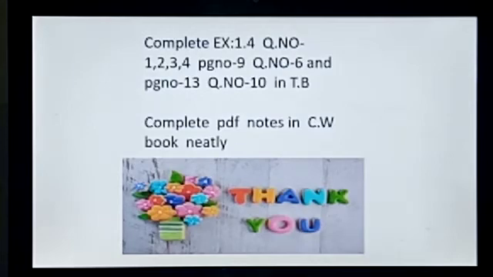Coming to exercise 1.4, question number 1, they are fill in the blanks. You know what is the smallest 4-digit number. What is it, children? 1000. What is the largest 4-digit number, children? It is 9999. So coming to C and D, I think you note this order, writing the number and writing the largest number of series and writing the smallest number of series. Okay, so complete this question 1, 2, 3.